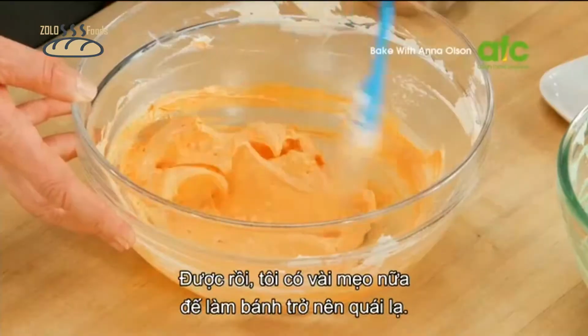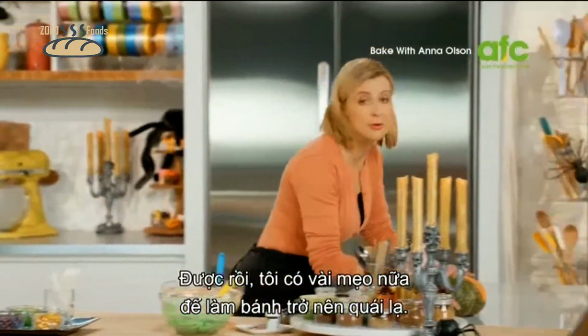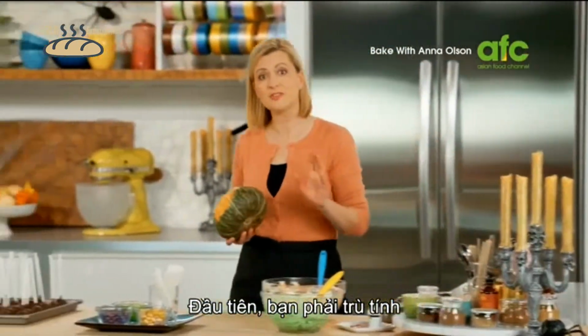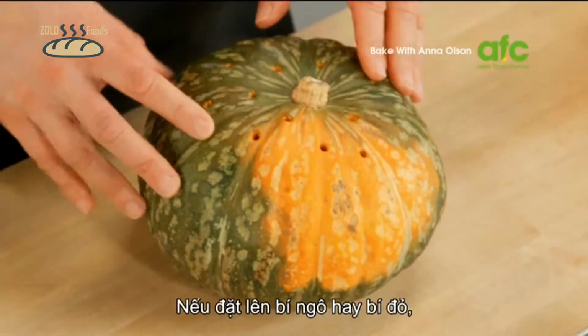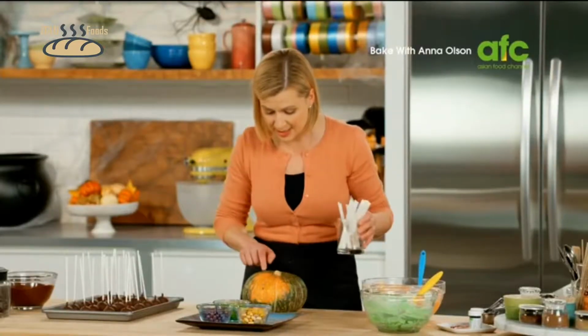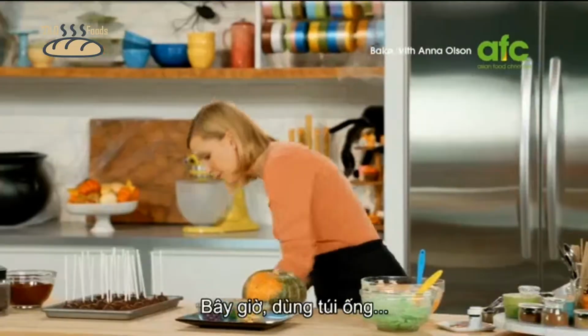Give it a stir. All right, I've got a few more tricks up my sleeve to make these treats absolutely spooktacular. First thing, you have to plan what you're gonna put your assembled cake pops in. If you have access to a pumpkin or squash, just drill a few holes in it, and then you've got somewhere to place your assembled cake pops. Now, for the piping bags,